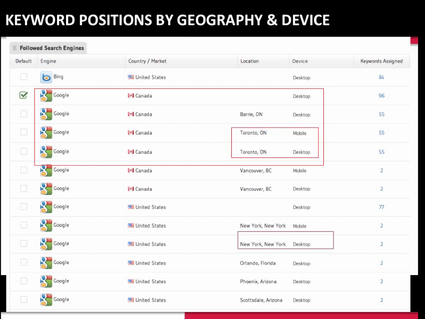As part of the Solo Mo bundle, we'll also be providing rank data within locals. So, for example, in New York, we can find out where you rank for a specific keyword on a particular device.